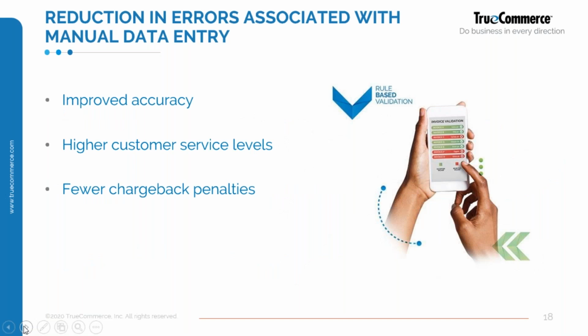So reduction of errors associated with manual data entry. So this is an important thing. Keystroke errors will occur. It doesn't matter how good you are at typing. If you're a human entering in repetitive data, you will have keystroke errors, or you will have a misinterpretation. Misinterpretations can happen because that's human nature. If we're talking business system to business system, misinterpretations don't happen because data is data. It has to be fixed. It has to be logical.